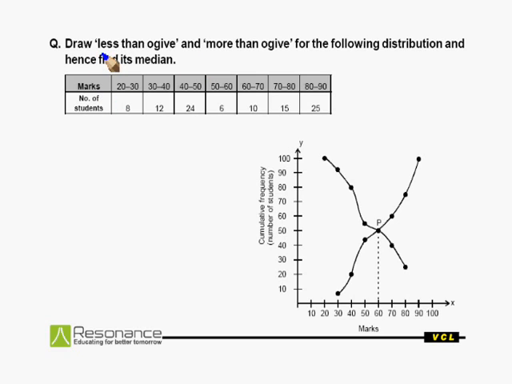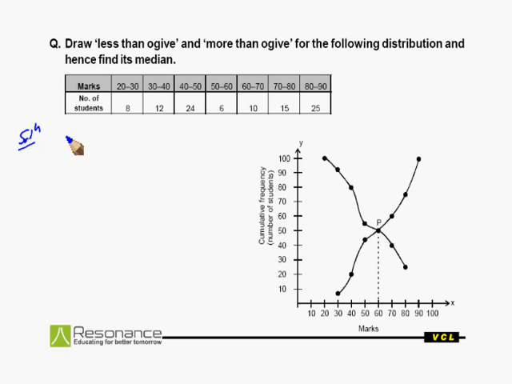Now here is the question. Draw less than ogive and more than ogive for the following distribution and hence find the median. Again here the marks are given, that is 20 to 30, 30 to 40, and the corresponding number of students. For 20 to 30 the number of students is 8, for 30 to 40 the number of students is 12, and so on. So to find the median, first of all we draw a